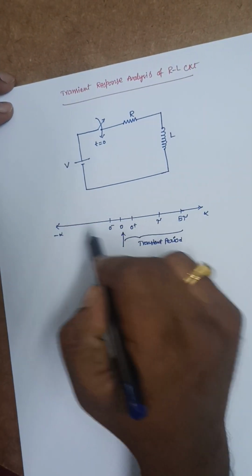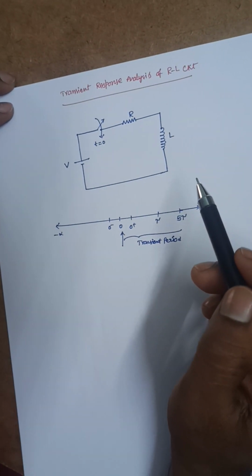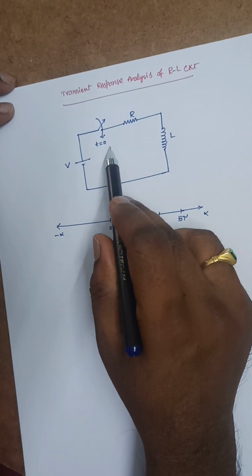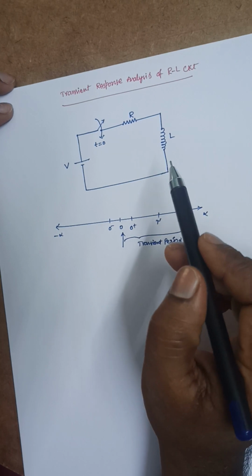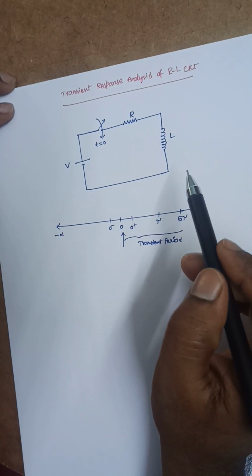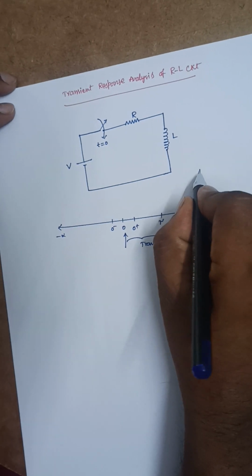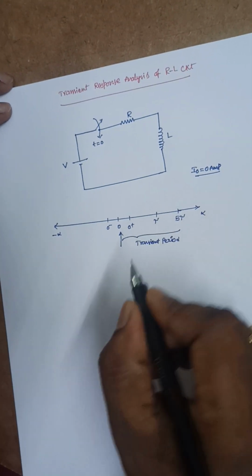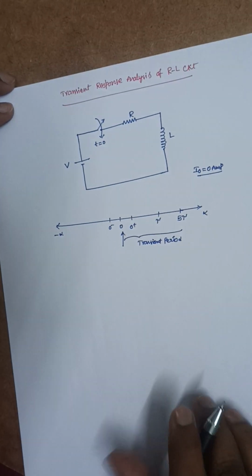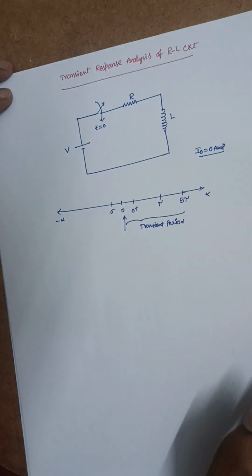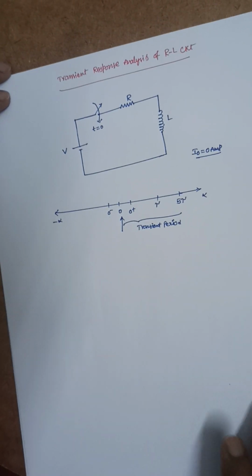So let us consider an RL circuit in which the switch is closed at t is equal to 0, and initially the current flowing through the inductor is, let us assume, I0 is equal to 0 amperes. Initial current flowing through the inductor is 0. That means at t is equal to 0 minus, the current flowing through the inductor is 0. So now